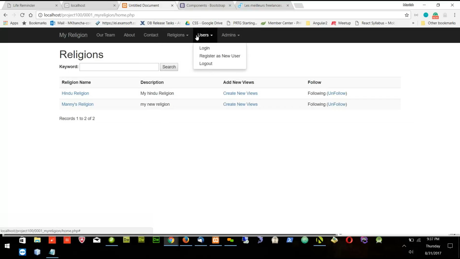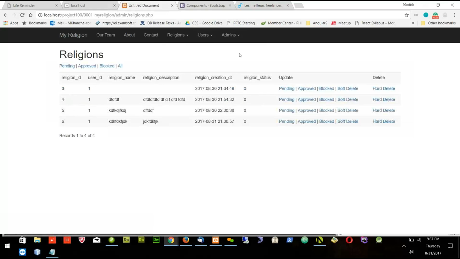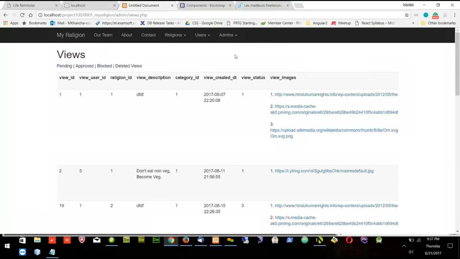Now, first we will put some templates on this admin part. Okay, admin part has this template. Worst part also has this template. So we still have to make this part. You remember we did not do this part when we were building the views. So we have to do this part also. Let's first give the proper URL to this login, register, and log out. So to give the proper URL to this,